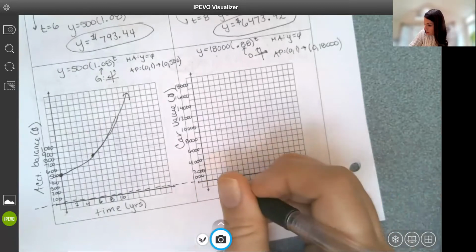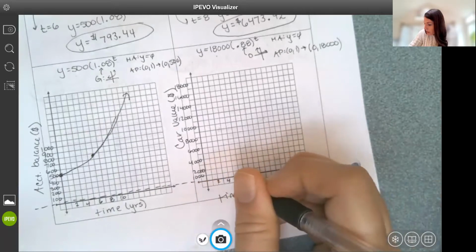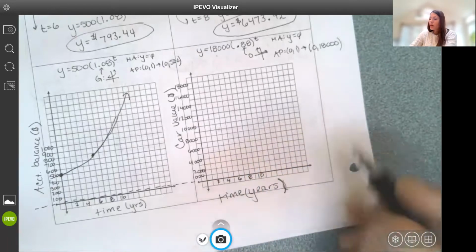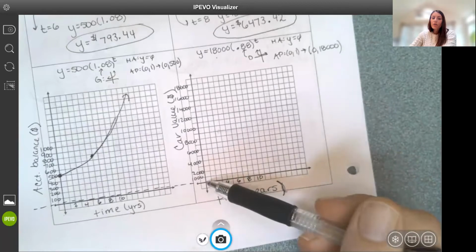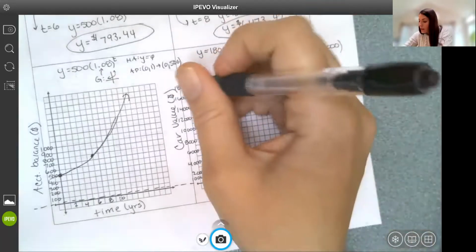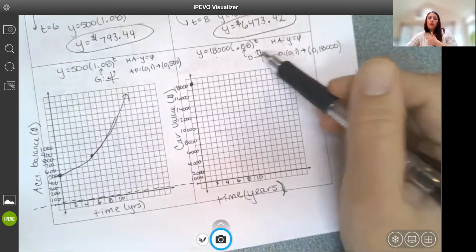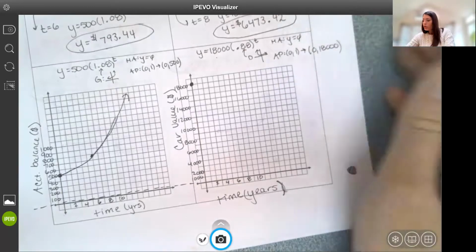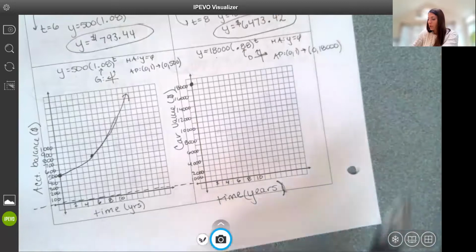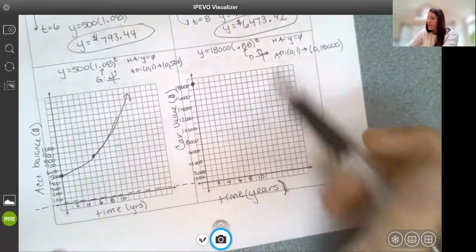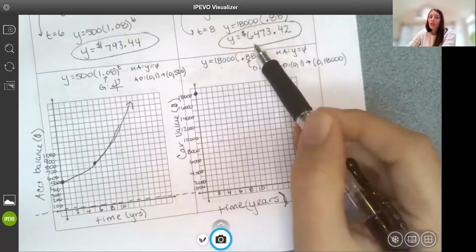So 1, 2, 3, 4, 5, 6, 7, 8, 9, 10. We know that our anchor point has gone from 0, 1 all the way up to 0, 18,000. There's my initial amount. And that it's decaying, that my graph will look like this. We do know one other point, which will help us get a little bit more of an accurate picture of our graph. So the other point we know is that after 8 years, it'll be